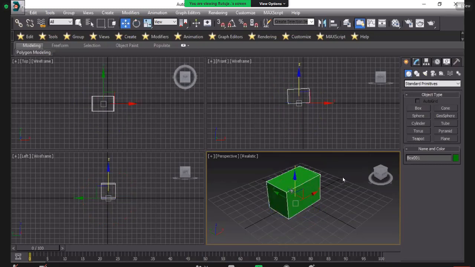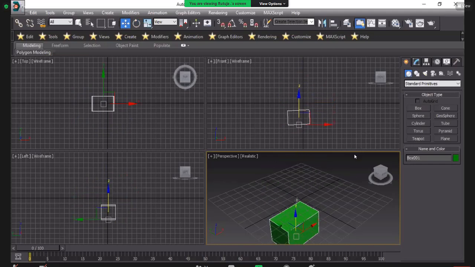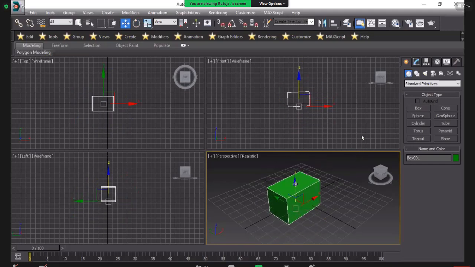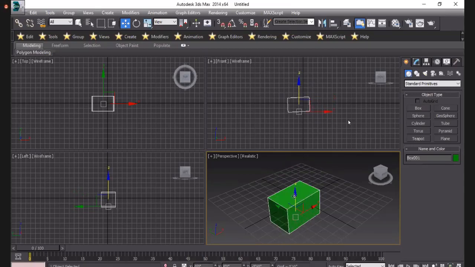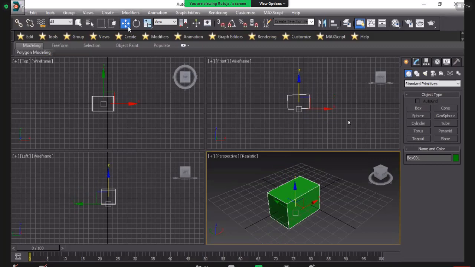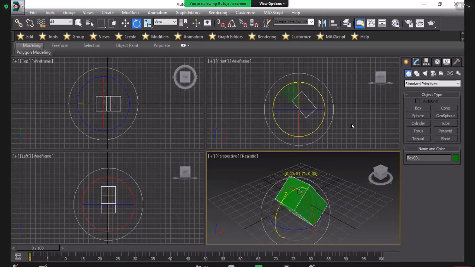Okay. So here you can see this rotation. Tap on W. It is a shortcut key for move. If you want to write it down, then keep your notes. We will also provide notes to you. Click on W, it is a shortcut key, and if you see on the screen, there is the move command. And when we press E, it will be the command for rotate. I will rotate this object by pressing E.